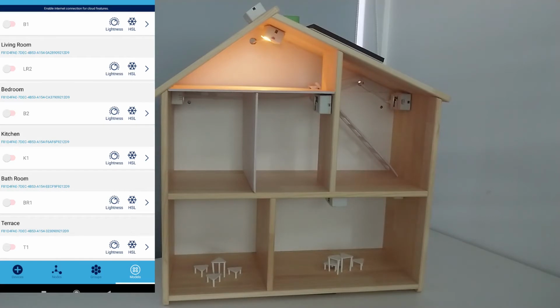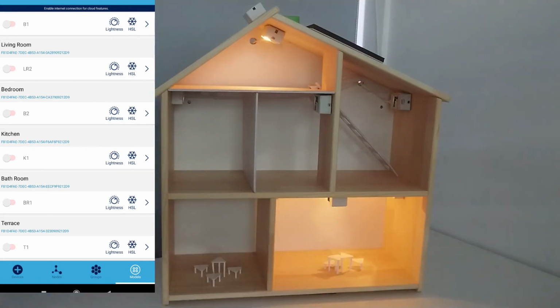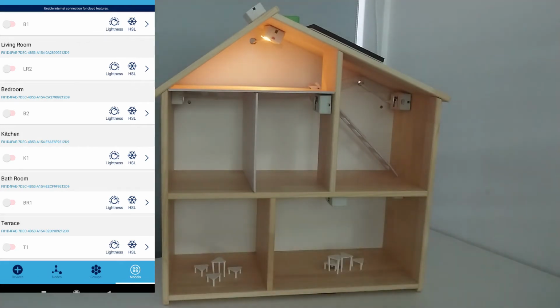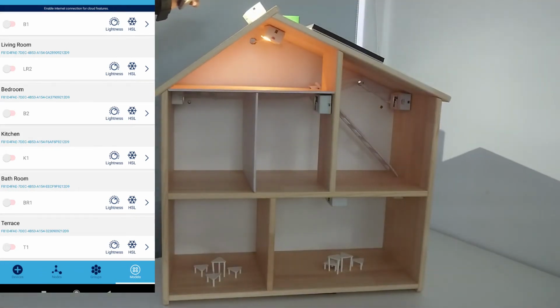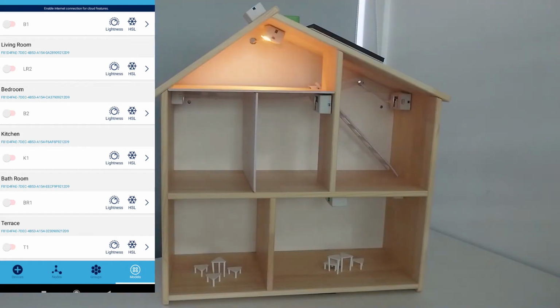We have interfaced two sensors, that is lux sensor as well as motion sensor. So coming to motion sensor, if it detects any kind of motion, the lights in the living room will turn on. And after some time, if it detects no motion, lights in the living room will turn off. You can see there is a lux sensor on the top. So if it detects the light intensity which is more than some threshold value, the light in the terrace will turn off. And if the light intensity is less than some threshold value, the terrace light will turn on.